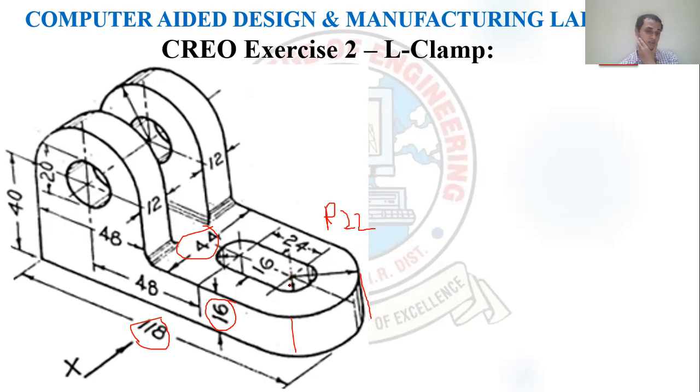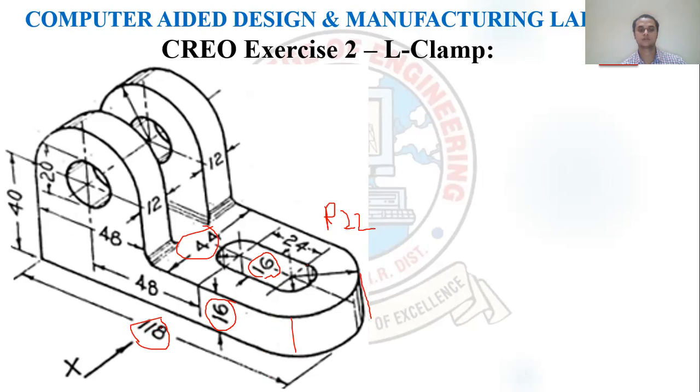And at this point you have to draw two circles. The circle diameter is 16. So two circles you have to draw, and you have to make the distance between these two circles 24. And you have to use delete segment, just like trim in AutoCAD, and delete this inner portion so that you will get this shape, and you can use the extrude cut command in order to remove this portion. So the bottom portion is completed.